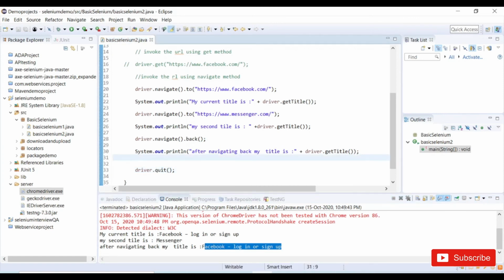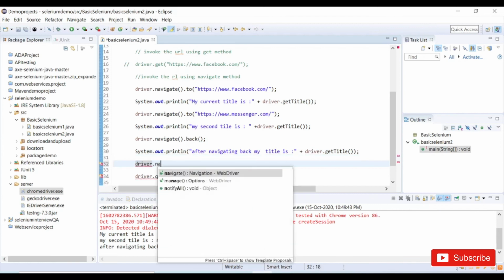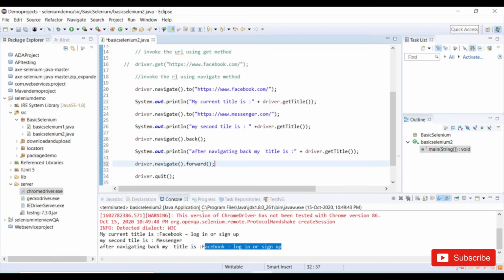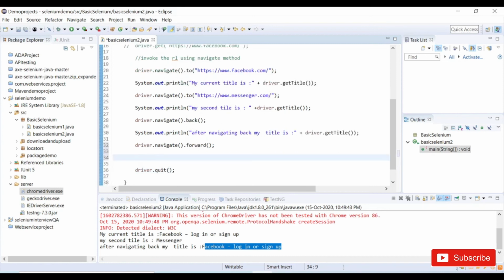And similarly, I can do a driver dot navigate dot forward. So this will take me again to the second URL which I launched here. I mean, this is my second URL, so it will open again, going to that URL using a browser forward button.